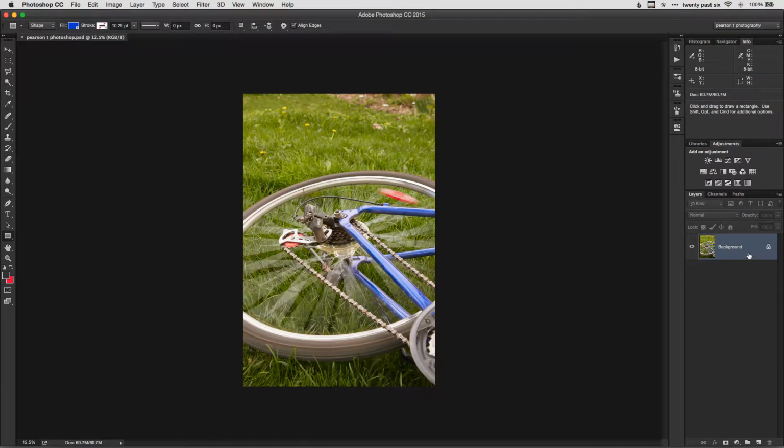Okay guys, what we're going to do is take a look at the layer panel right now. And we're going to create layers, and this is going to be the final thing we're going to hand in for our Photoshop class for me. So what we're going to do is come in to our layer panel, and right now we